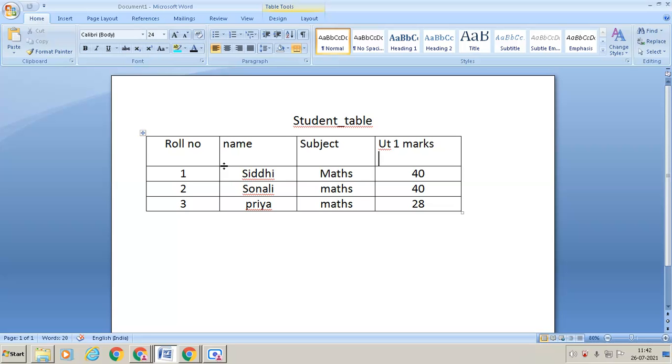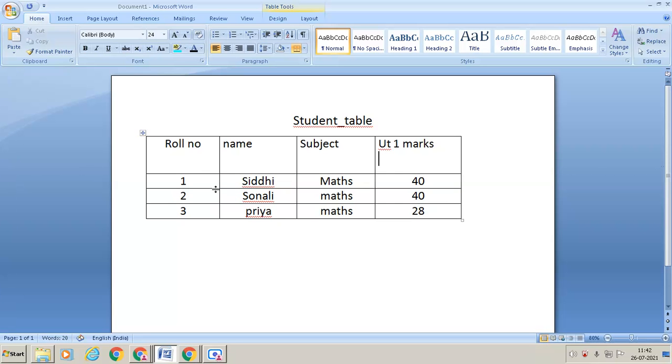It is very easy to increase the size of column width and height with the help of the mouse pointer. So now my mouse pointer is here, as you can see. This is your double headed arrow. With the help of that, if you want to increase the size, you can increase it. Again, if you want to increase here, you can take your mouse arrow here, and with the help of this double headed arrow, you can increase the size of this also.